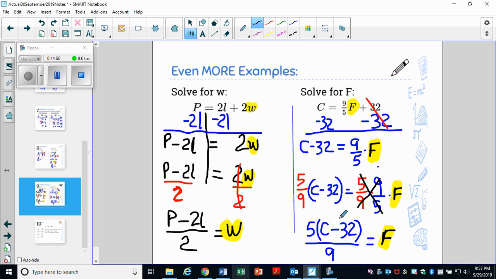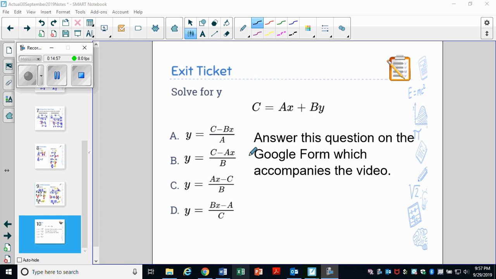And our left side of the equation is 5 times C minus 32 divided by 9. This is an exit ticket. You will answer the question and the